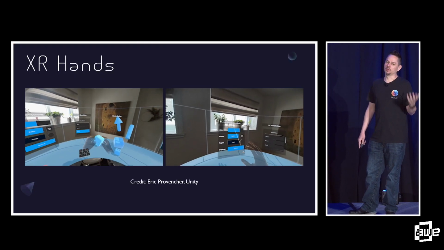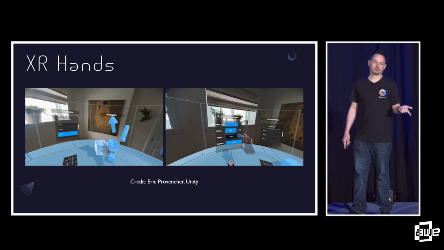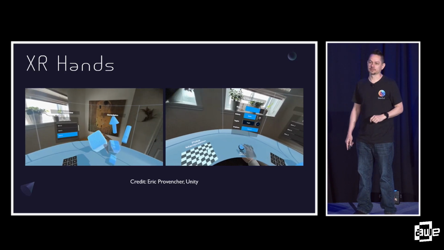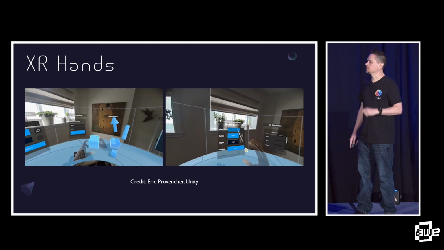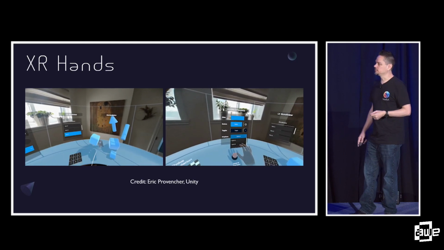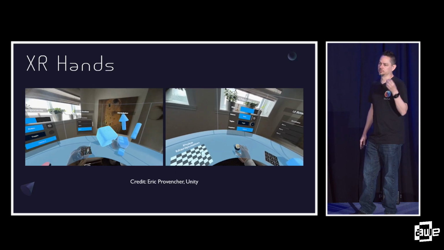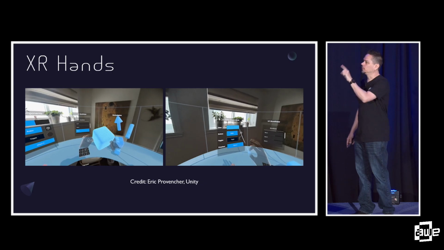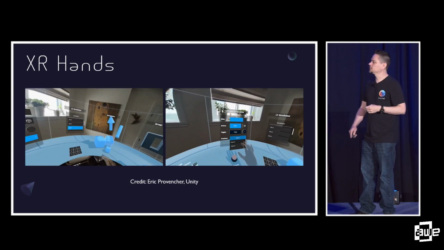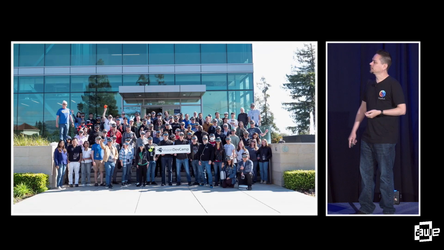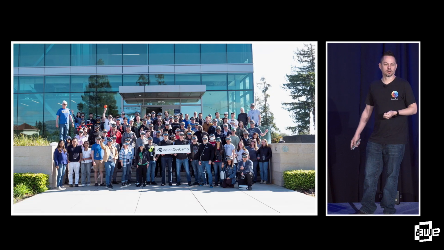But probably one of the most important things about doing portable code to other devices is this package called XR Hands. This is something that Unity developed with Microsoft back in the HoloLens 2 days, and it allows you to interact with objects with your hands, pick them up, throw them, poke interactors, and all those sorts of things. And I was lucky to be part of Vision Dev Camp back in March.